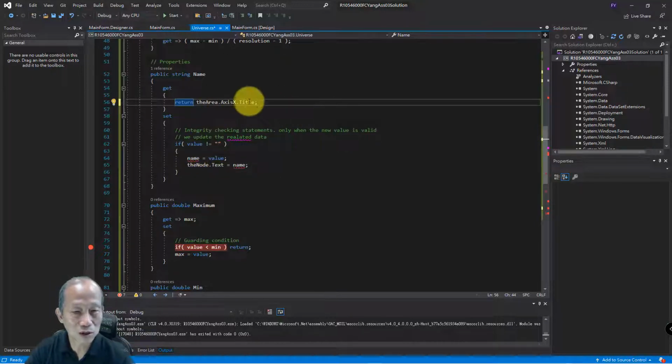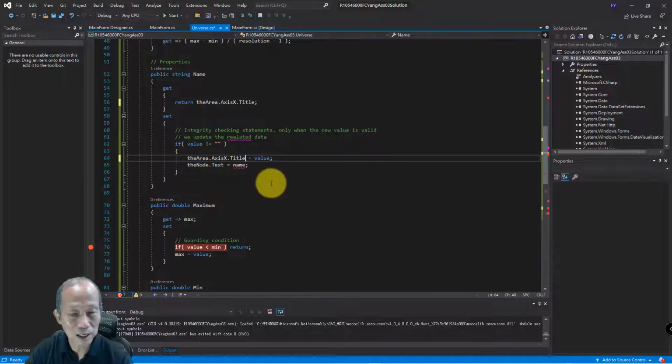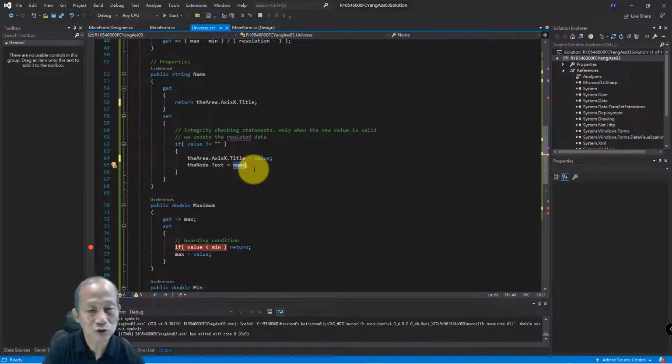So again, the axis title will be updated. And then this time, it's changed. The text now has been changed into value. Very same. So we still can use this title. All right. So value,